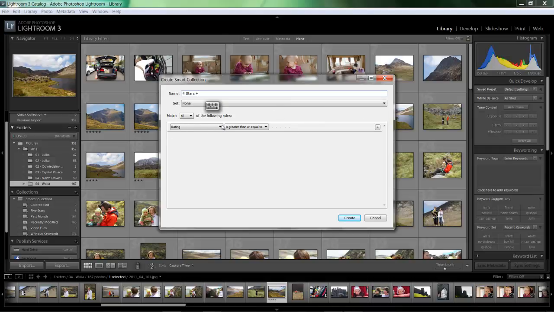Now, what I want to match? Rating, that's true, is greater than or equal to, fair enough, and it will be 4 stars. So 4 and 5 star images. You can also add some additional rating. So I click on the plus sign, I could add additional, not rating, additional criteria,